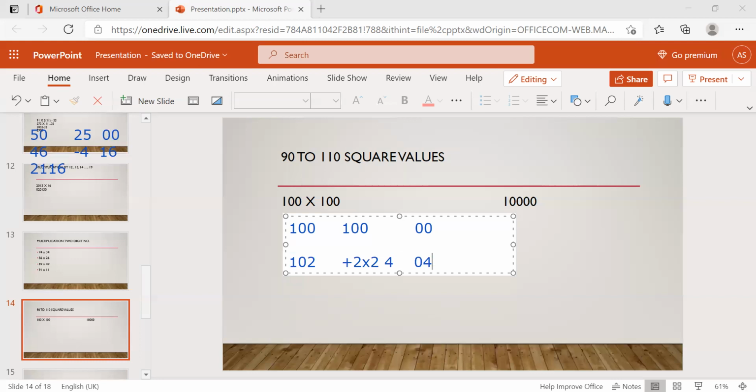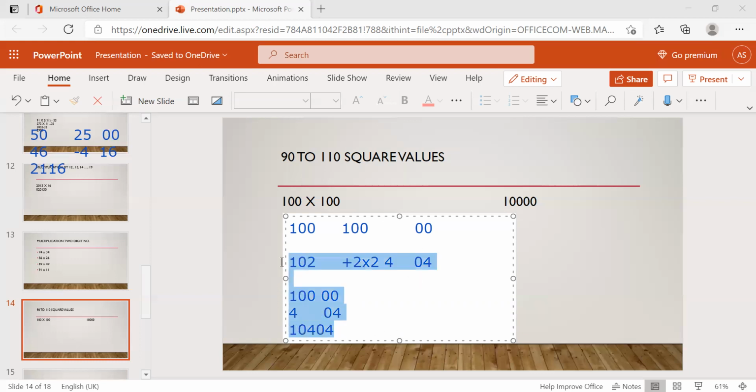We require 04. Then 100. What's the difference? 4, right? The difference 4. And 00. It's not 100 00, it is just 10,000. Here I'm saying, this is nothing but 04. So 100 plus 4, 104, and 04 is the answer. Okay, same like this.